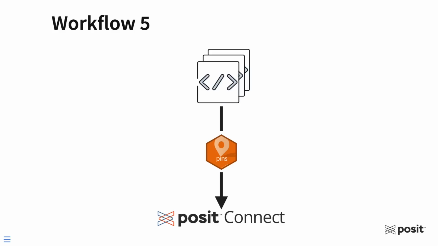For all of our subsequent workflows, I'm going to show them in R in RStudio, just for the sake of time. But everything I show can also be implemented in Python too. For our next workflow, workflow 5, I'm going to introduce you to pin versioning. It may come as a surprise that we actually already did this when we rewrote our R pin as a CSV file. We didn't delete the original, we just created a new version on top of the original. In this workflow, I'll show you how you can see the various versions of your pin and how you can easily switch between them.